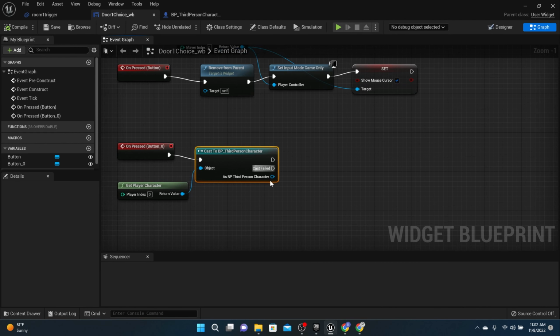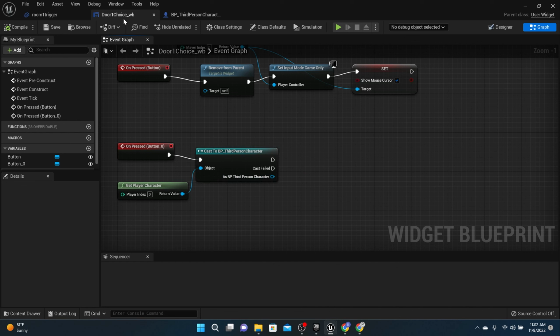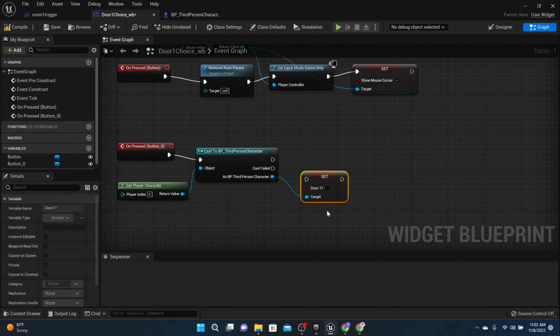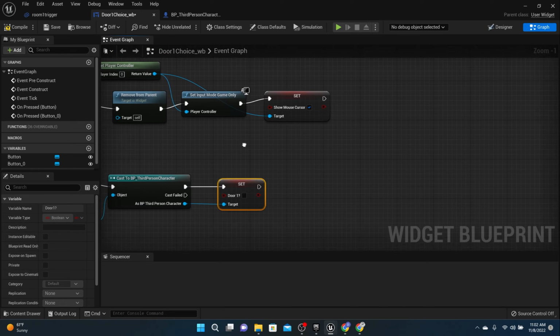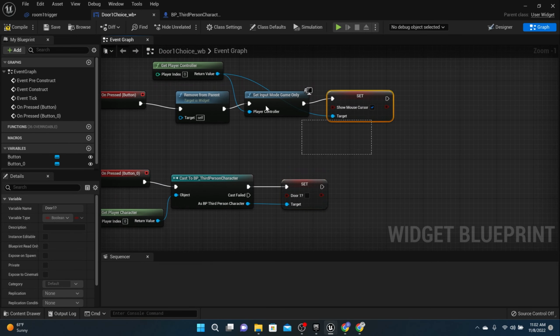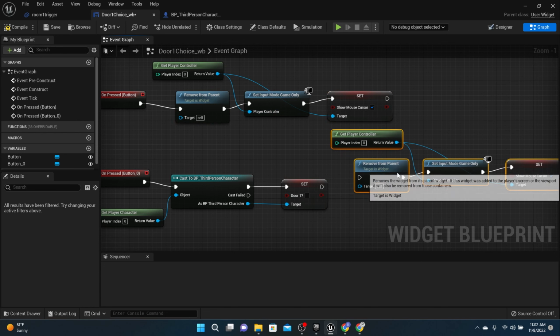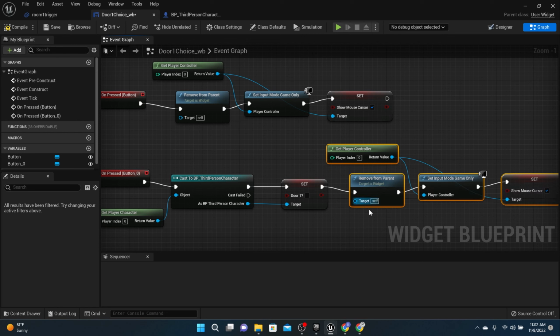Alright, so set, drag off, go back into your HUD, your door choice, and we're going to set that door 1 to true. And that's if they choose yes. Also, what we're going to do is we're going to remove all this stuff up here. So you can copy and paste. So you can remove from parent,